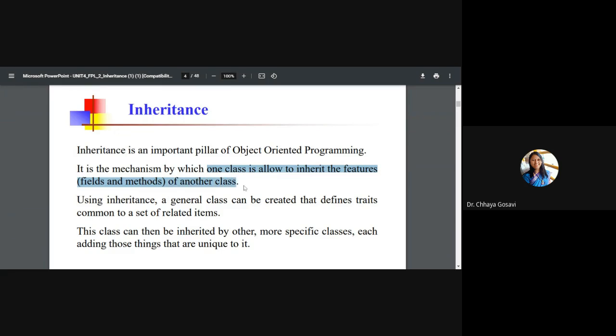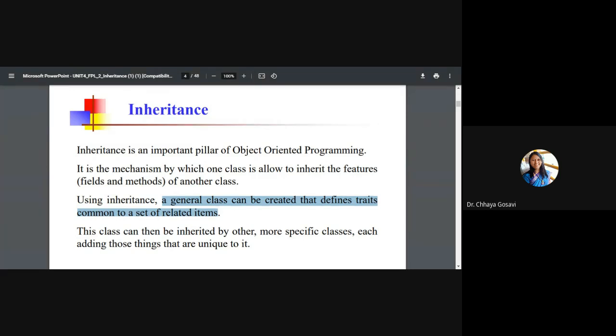So if you have a class ready and you want to enhance it or add some more functionalities to it, you can create another class which can reuse the previously created class with the help of inheritance. First create a general class which is applicable to different types of classes, for example, vehicle.